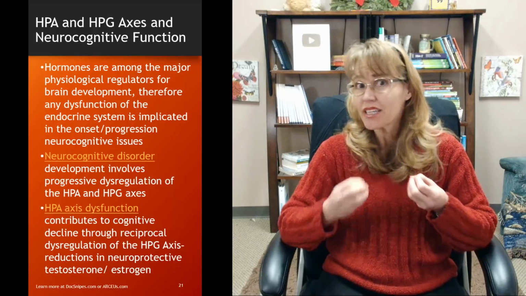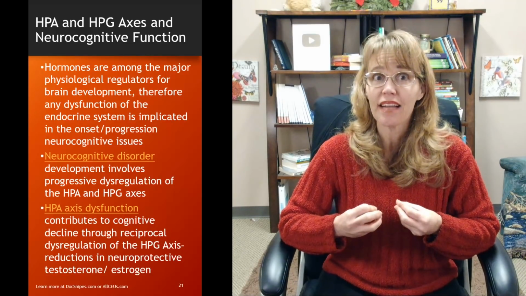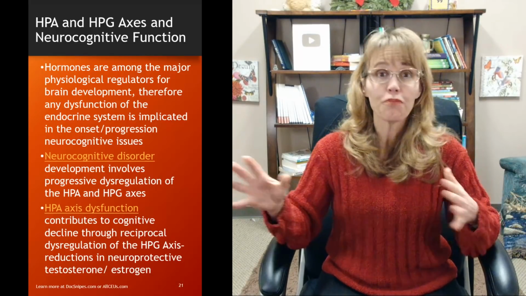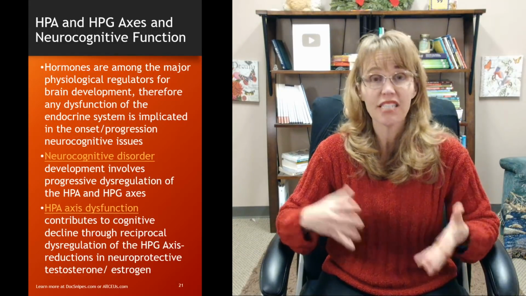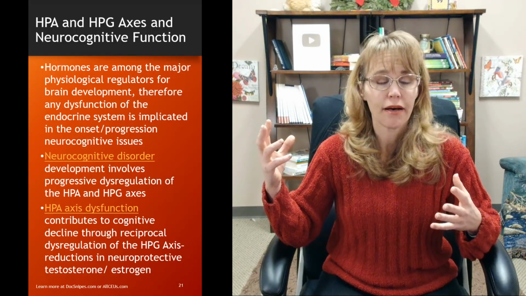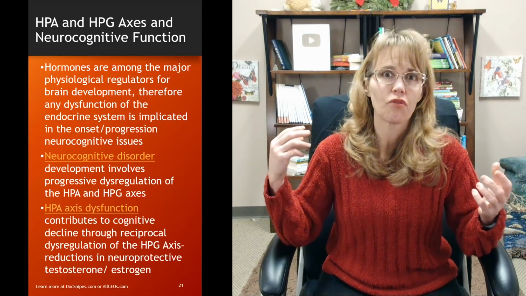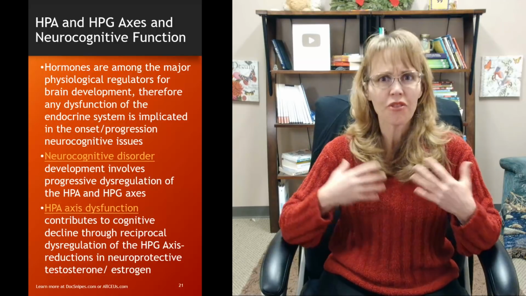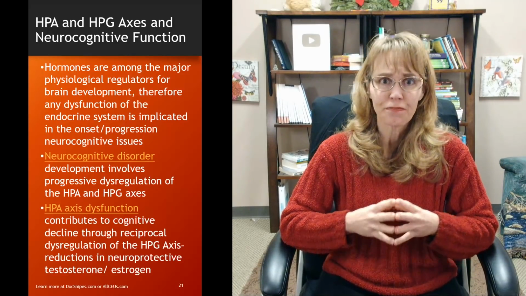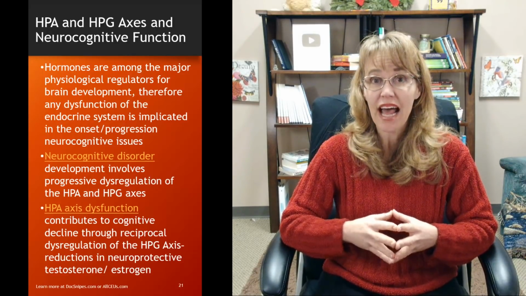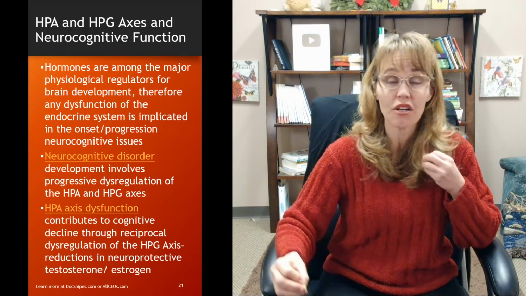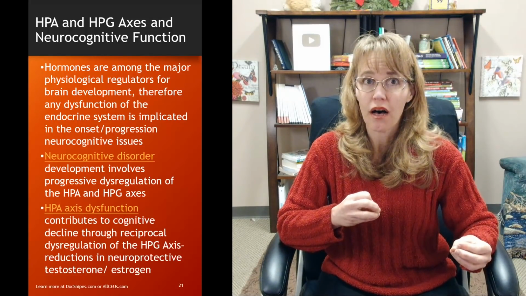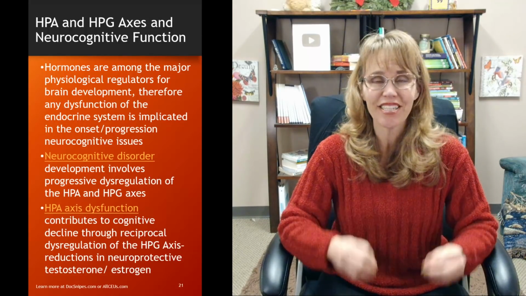It's really interesting to note that they've followed people who have had progressive dementia or Parkinson's disease or Alzheimer's disease, other neurocognitive issues. And they found that as the disease progresses, there's also progressive alterations or dysregulation of the